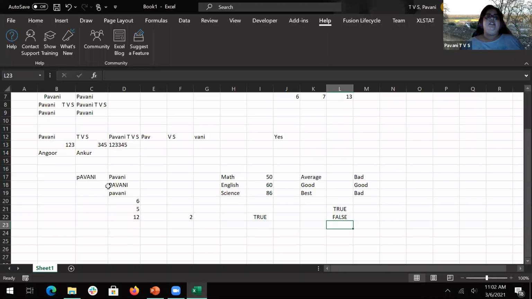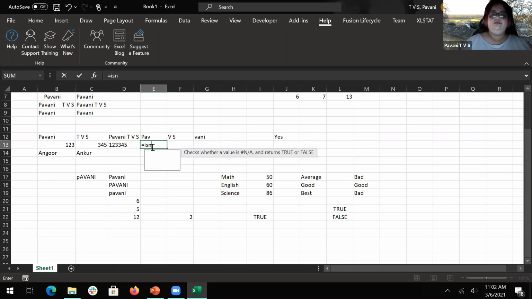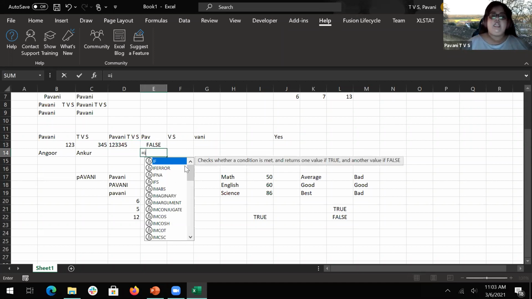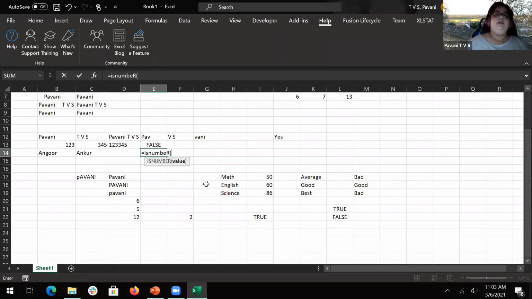Okay, let's test this for this one. This I said is a string. Now if I say ISNUMBER, I am asking whether that value is a number or not. It will say false because that converted itself into a string when we concatenated it. But if you say it for this number, it will be true because that is a number which I gave.